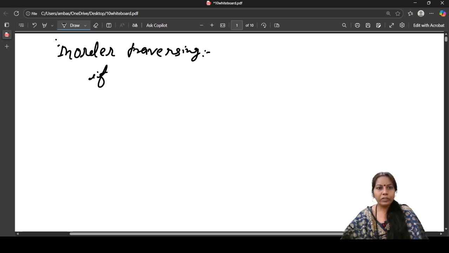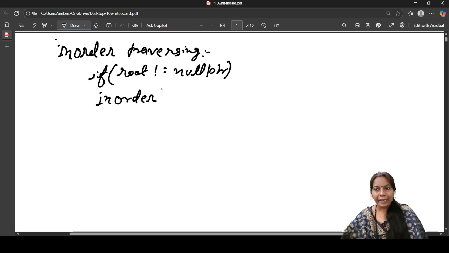Here I use a condition: if our root is not equal to nullptr, then in this case this is the function inorder, and it points first to the root's left node.